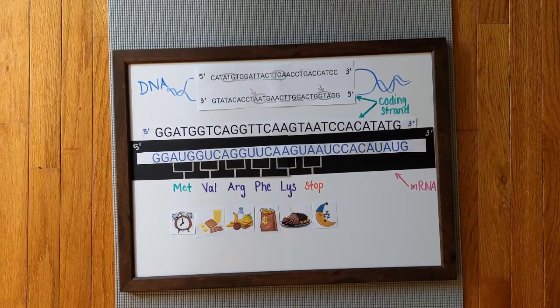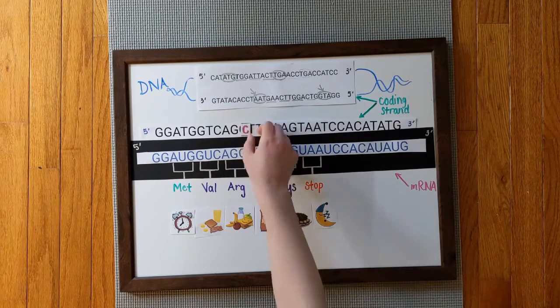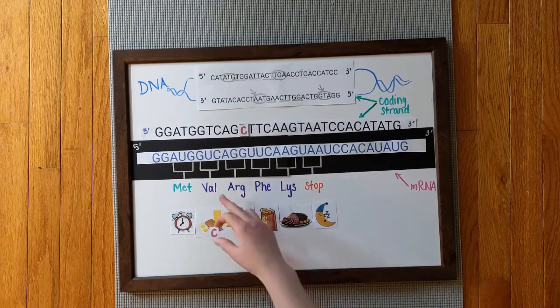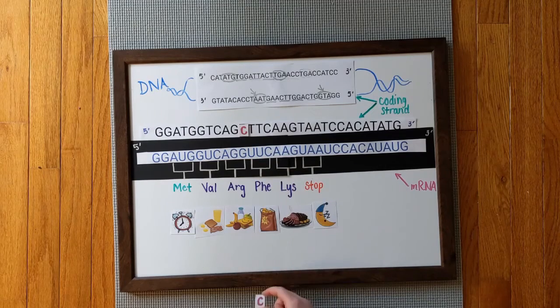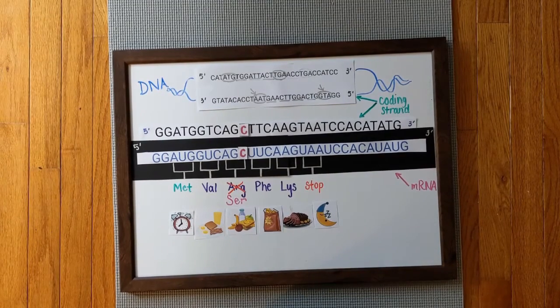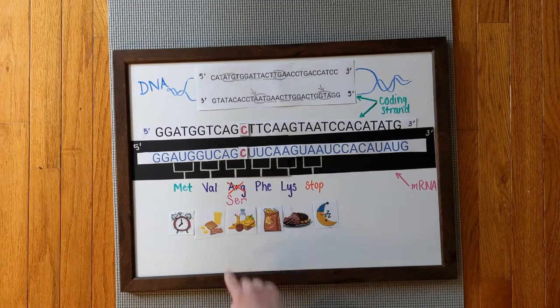The first single nucleic acid point mutation in the DNA sequence we will look at is the transversion of a G to a C at the end of this third amino acid, which will then be transcribed, which will then change this amino acid to serine. While the protein still contains 5 amino acids, the transversion of this G to a C changes the amino acid completely, now encoding for serine. This can make the protein non-functional. While it still does contain 5 amino acids, it does not contain the right amino acid for the function.